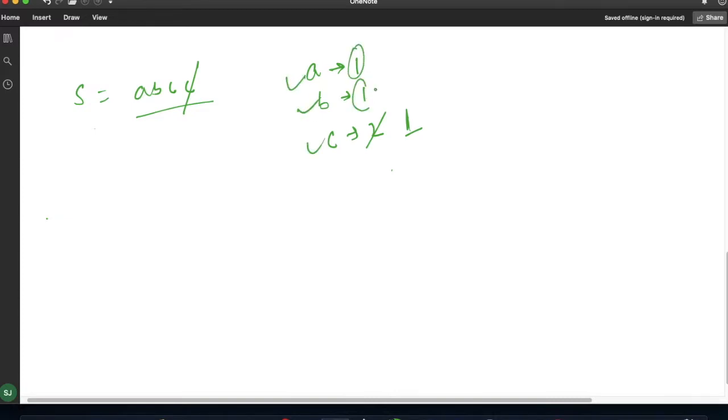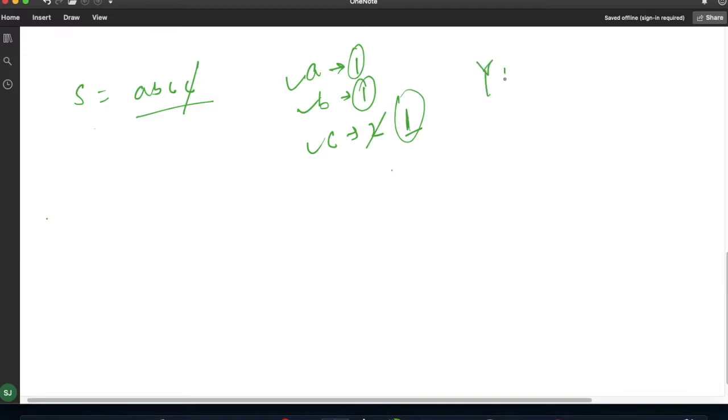Here you will be provided one simple input, like one string. For example, if I'm taking a string as A, B, C, C. They are saying that we have to remove just one character from the given string such that the occurrences of all the characters are equal. A has occurred only once, B also once, and C has occurred twice. If I remove this one C, the occurrence of C is 1. So for A, B and C, the occurrences are equal.